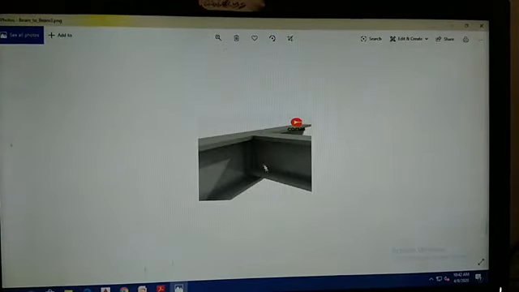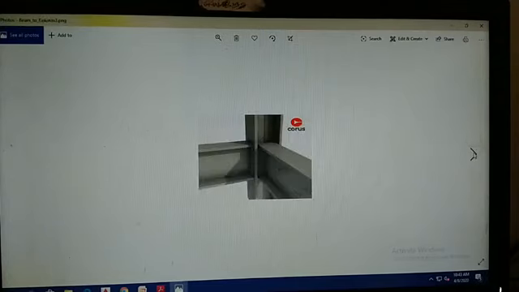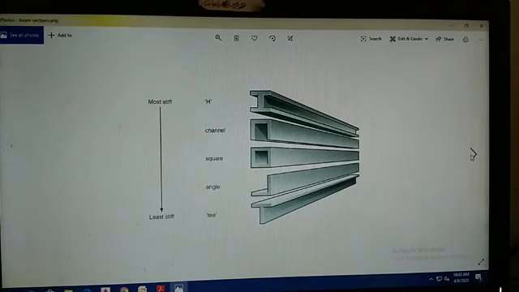This is how a beam is connected to a joist. This is the major beam and this is the minor beam. How are these two beams connected? By having a uniform surface on two flanges. This is how you can make a beam to beam joint. This is how a column to beam joint takes place. If you want to see it clearly, right? So this is what we talked about yesterday.